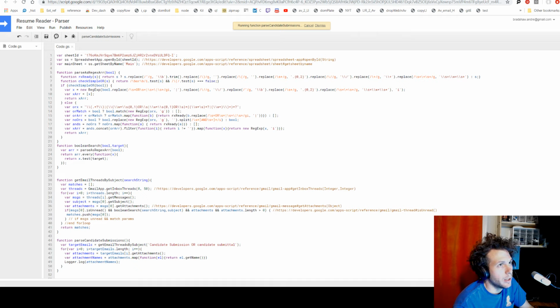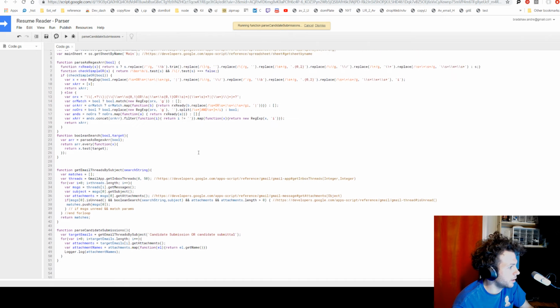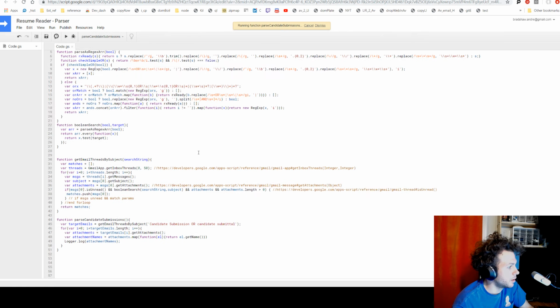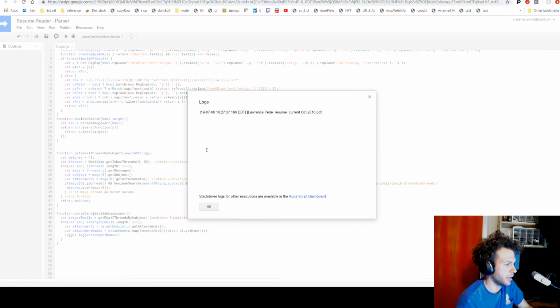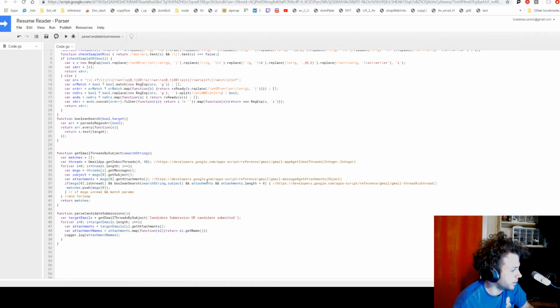Okay, so this is running. Why is it taking so long? It should not be taking this long. Oh, it's probably because I'm looking at the attachment, so it's having to do an extra level function in there. But cool, yeah, it found the resume name that I sent over. That's fine. I don't know if I like that method, but